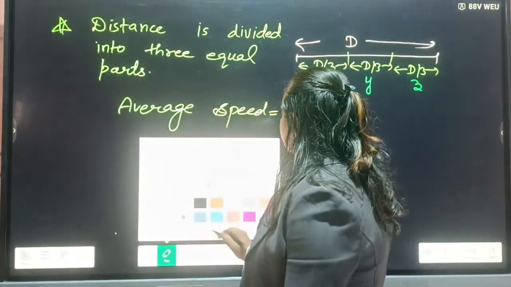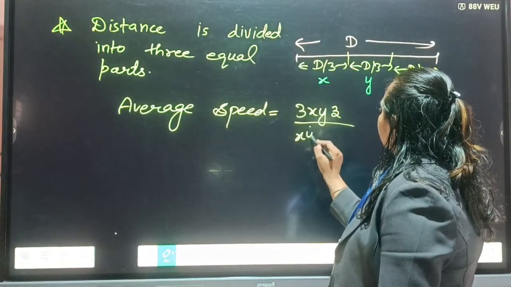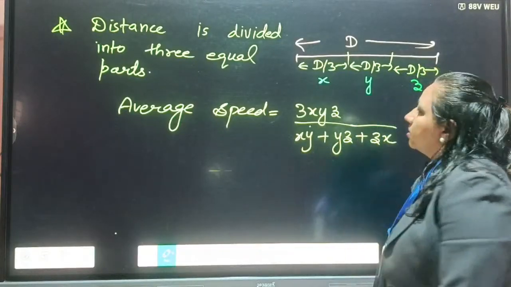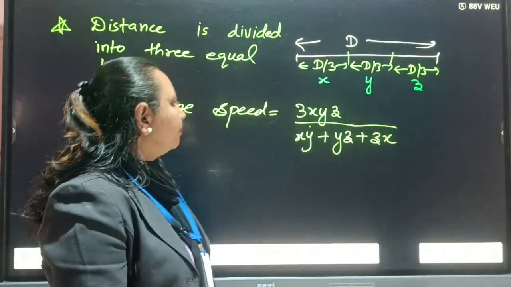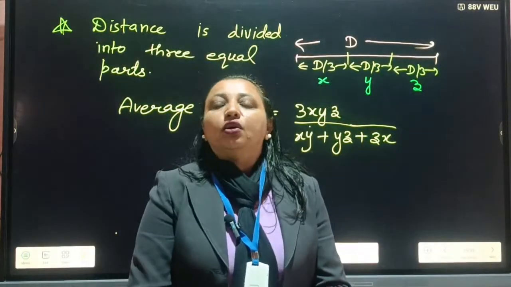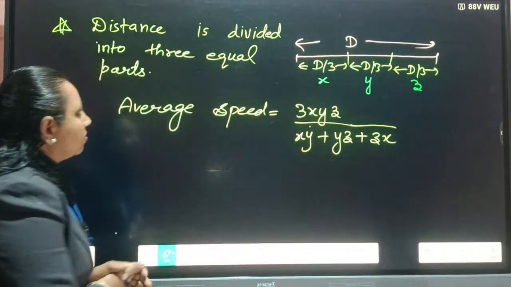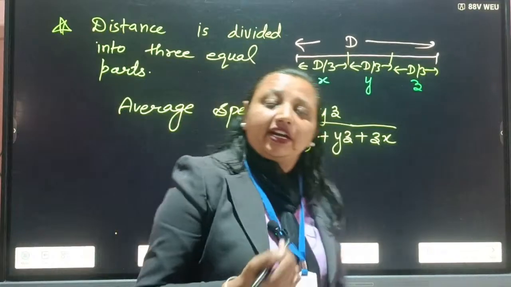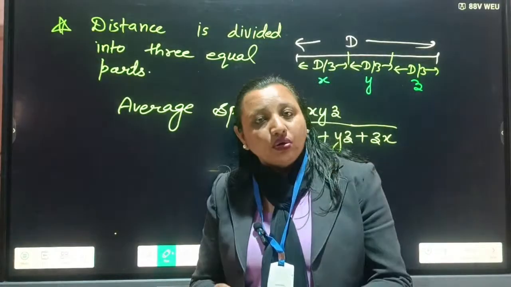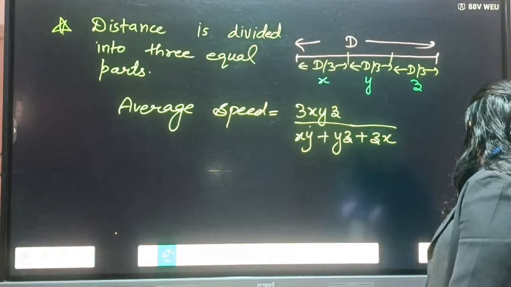So what is the formula in this case? 3xyz upon xy plus yz plus zx. We use this formula, 3xyz upon xy plus yz plus zx, to find the average speed if the whole distance is divided into three equal parts. Otherwise we can also find the average speed: first of all we calculate the total distance, then the total time taken, whatever time it takes, we find that. Okay. Next